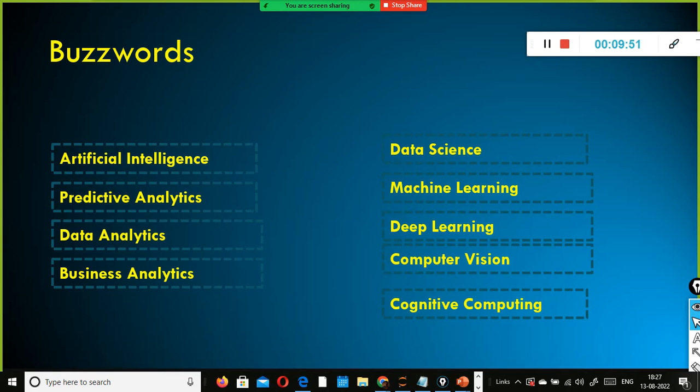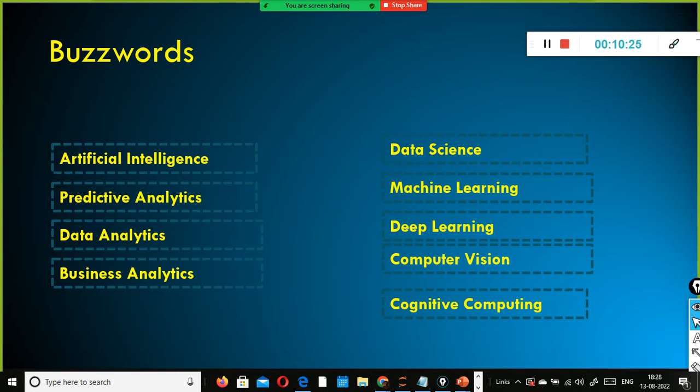Sometimes, by conducting predictive analytics, we can preempt the risk, or we can mitigate the risk. Though risk will be there everywhere, is there any way I can mitigate or preempt the risk? Not all the time can you preempt the risk, but to some extent you can mitigate the risk, right? So with the help of predictive analytics we can do that. Now the question is what these terms are.